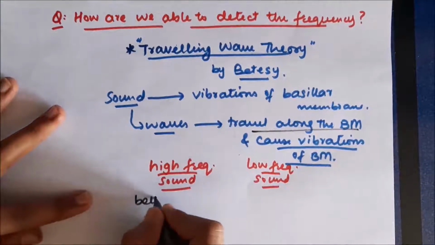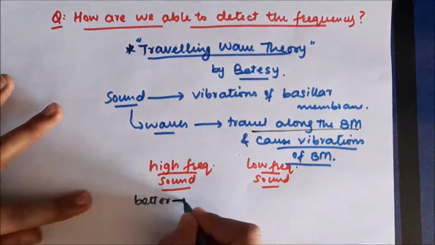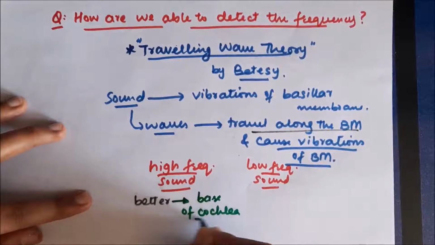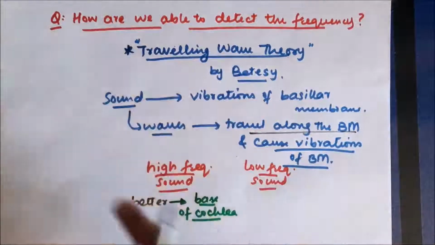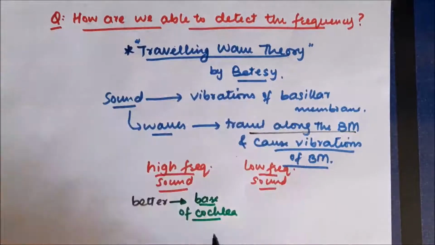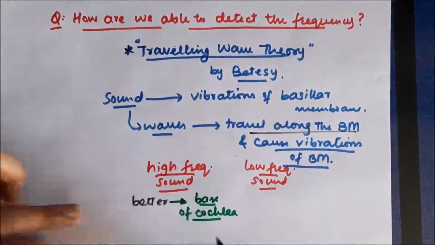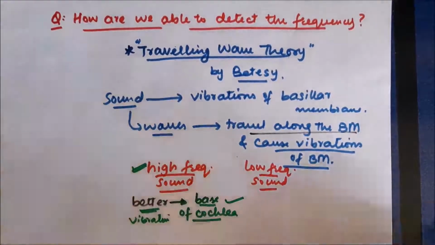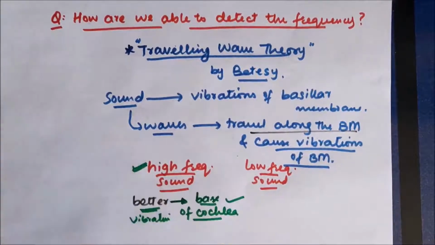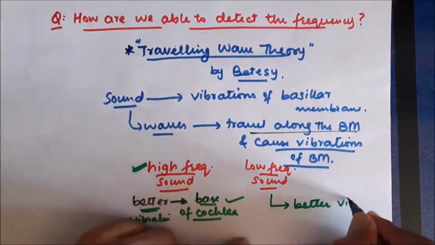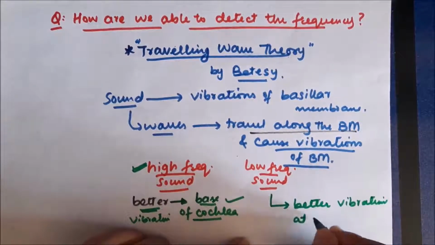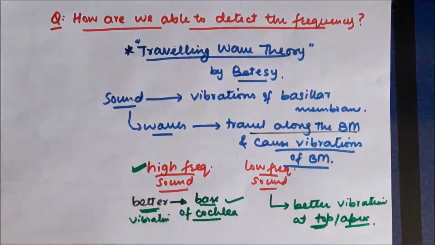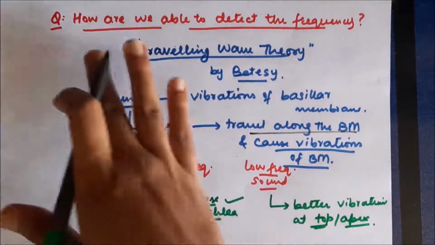Now we discuss the cochlea as a straight tube, however actually the cochlea is a coiled structure. The basilar membrane will be present throughout the structure. The basilar membrane at the base of the cochlea will undergo better vibrations when the sound has high frequency. So whenever the vibrations come from the base of the cochlea, our brain automatically detects the sound as a high frequency sound. On the other hand, if the vibrations are better in the apex of the cochlea, the top of the cochlea, then the sound is automatically detected as a low frequency sound. This is how the brain is able to identify the frequency of the sound that we hear.